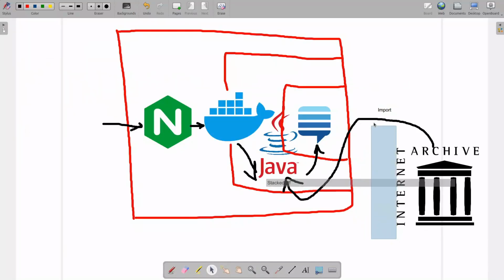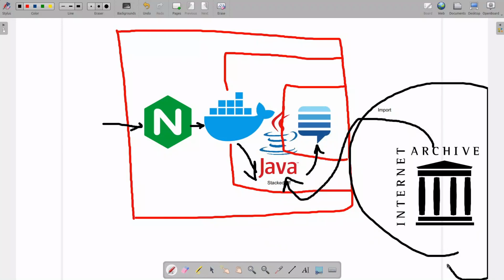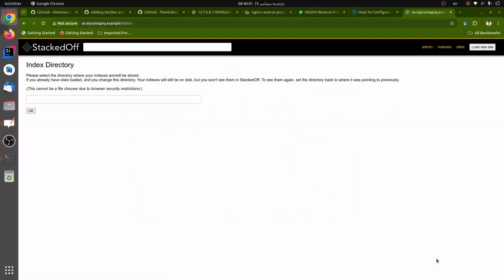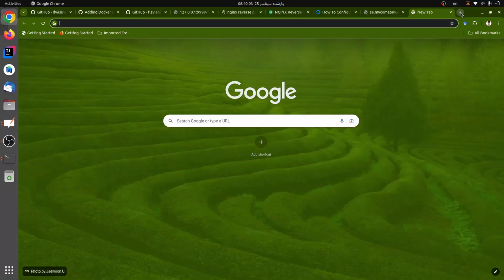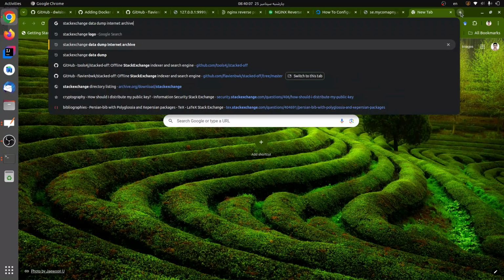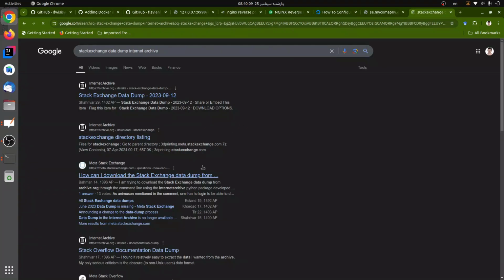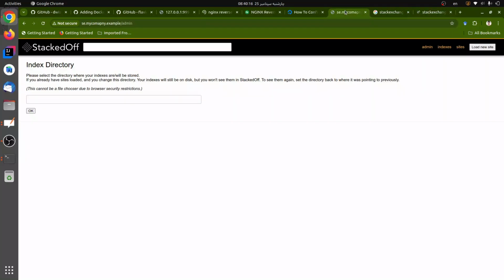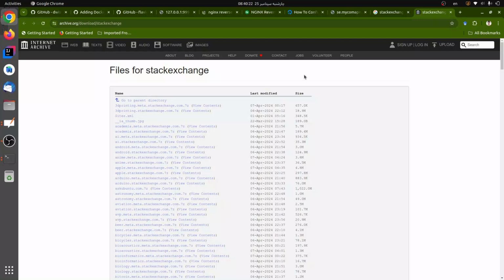And the last part is importing the data dump from Internet Archive to the StackedOff. So I'm going to download the dumps of Stack Overflow, Stack Exchange network. Actually, it has lots of files. You can find it from Stack Exchange directory listing. These dumps, let me show you. These dumps